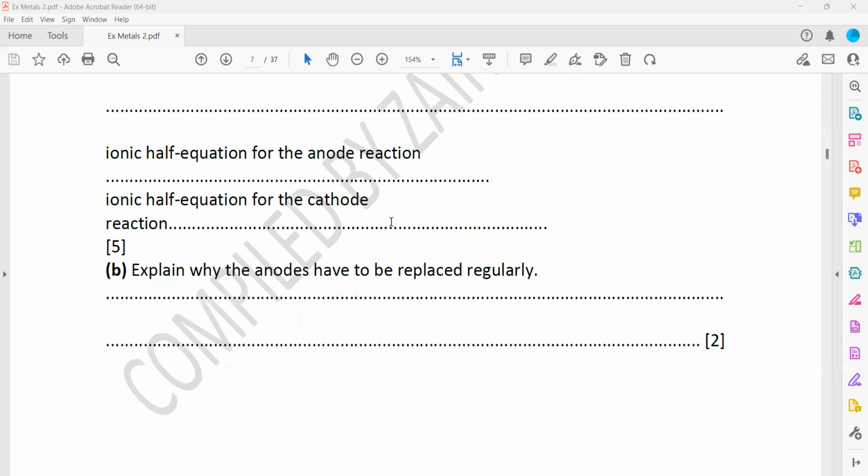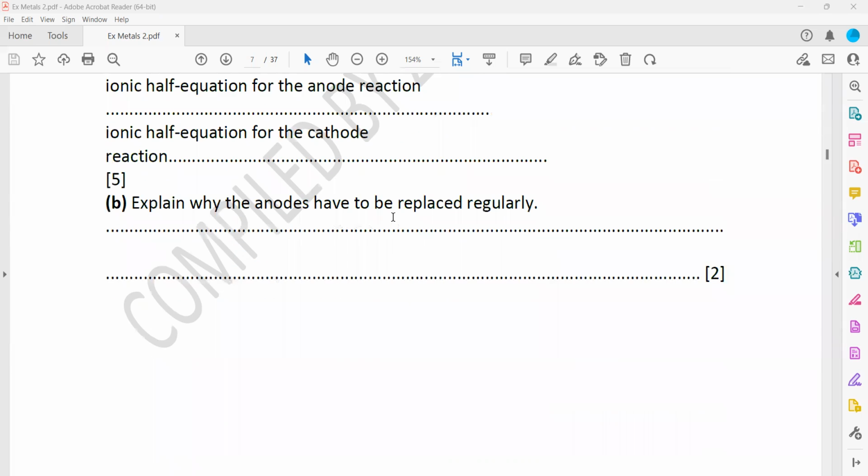The ionic half equation I already wrote for the anode and cathode. Explain why anodes have to be replaced regularly. Because of what happens at the anode, the oxygen which is formed at the anode,